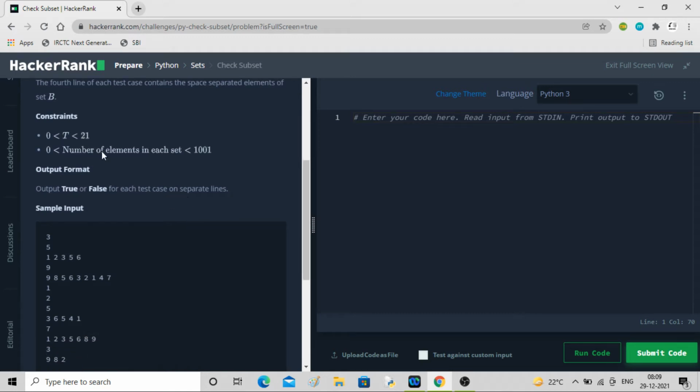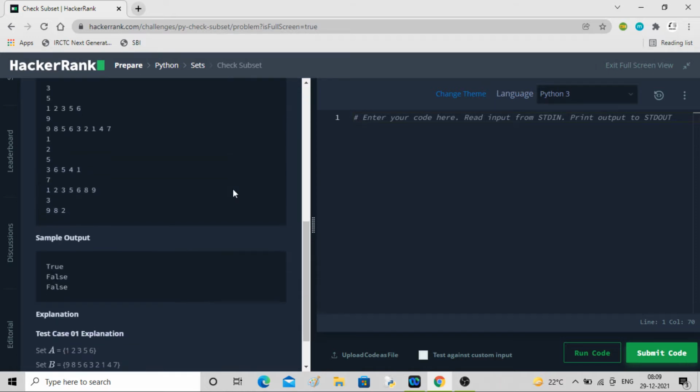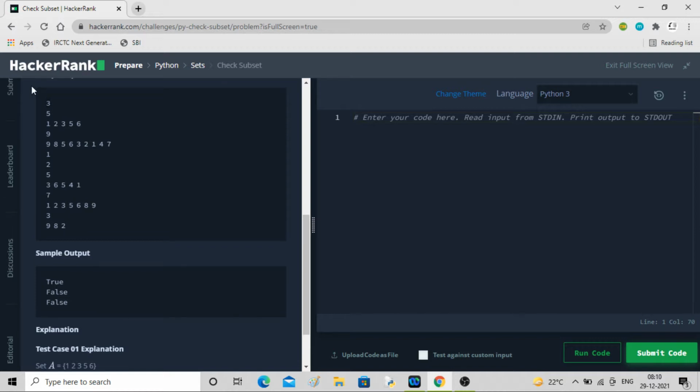The constraint is that test cases have to be between 0 and 21 and the number of elements in each set has to be between 0 and 1001. Okay, we have to output true or false for each test case on a separate line. So for example, you can see test cases are total 3. First they are giving the number of elements in A, 5, so 1 2 3 5 6.